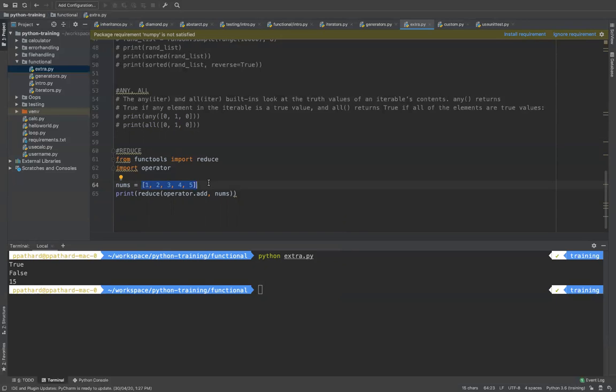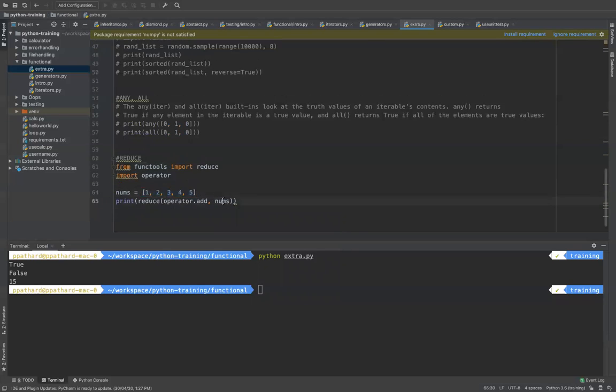Now here, I have numbers and I'm passing them to a functionality called operator.add. So it will do addition. This will always take only two values. Now how does the reduce happen? For the first time, reduce will take the first two elements and pass them to the function we say. So 1 plus 2 is 3, and whatever is returned, it will keep in memory and take the next element and pass it to operator.add.